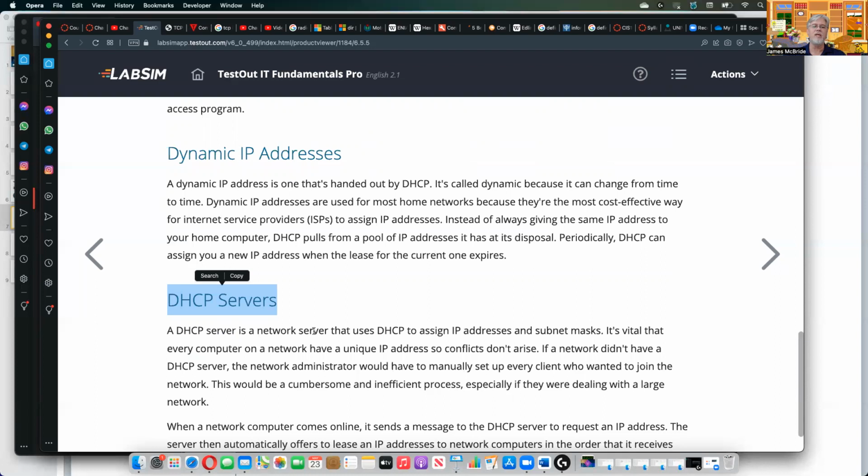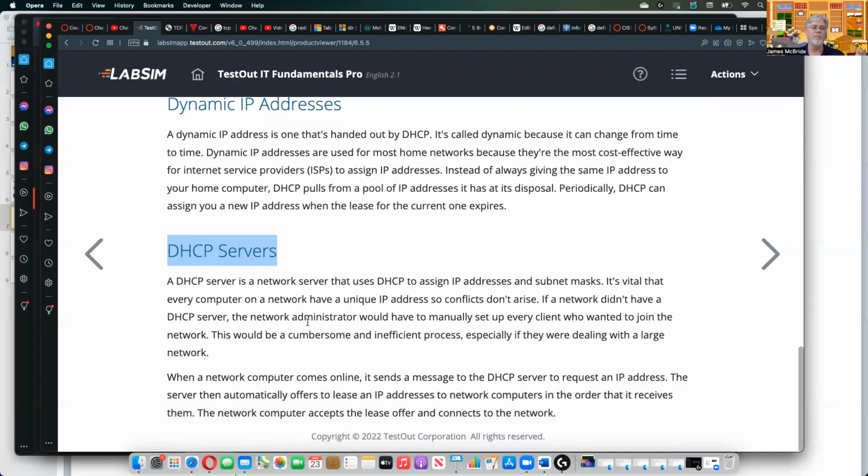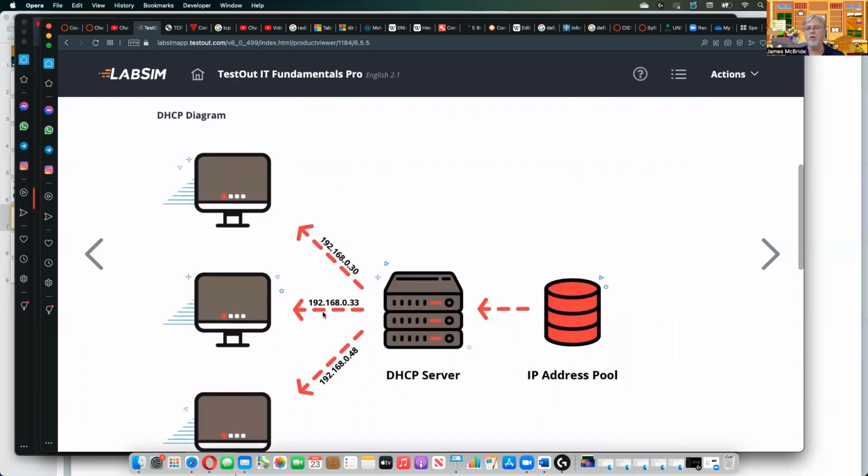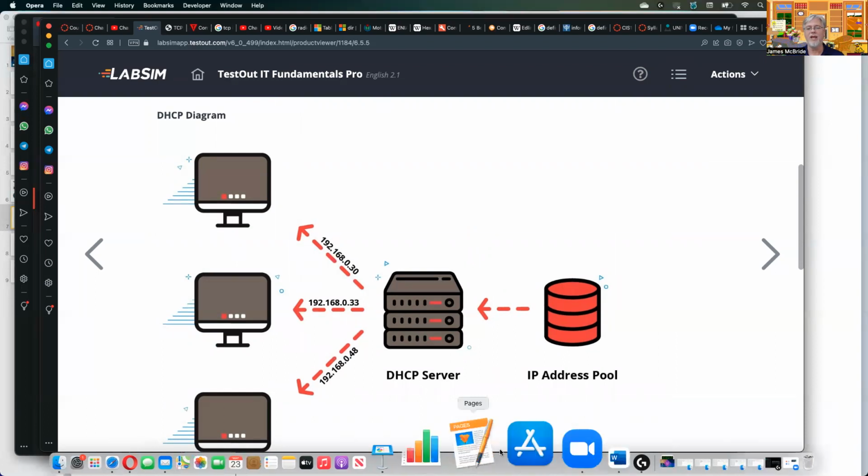So it sends out a broadcast on the network and says, can somebody tell me where the DHCP server is? DHCP server says, yep, this is me right here. And then it says, okay, well, what I'm looking for is a number. Okay, well, I can give you a number, and here's the number that you get. All right, this is the number I got, and away you go. And that happens with DHCP servers. It's fundamental to what we do on networks, fundamental, because it happens all the time on just about every network that you attach to. So DHCP,